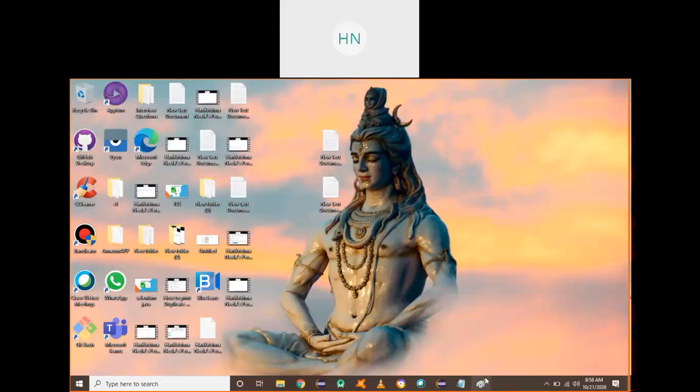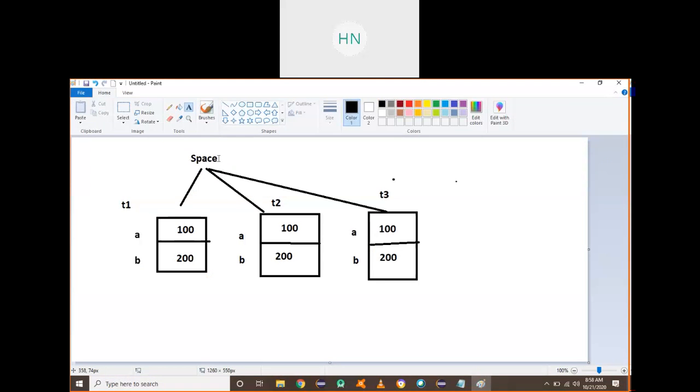The diagram will be looking like this. Space is your class. T1 is created by using the default constructor, and you assigned the values here. T1, T2, T3, all the objects consist of A and B data members inside the object. What are the values belonging to A comma B here?